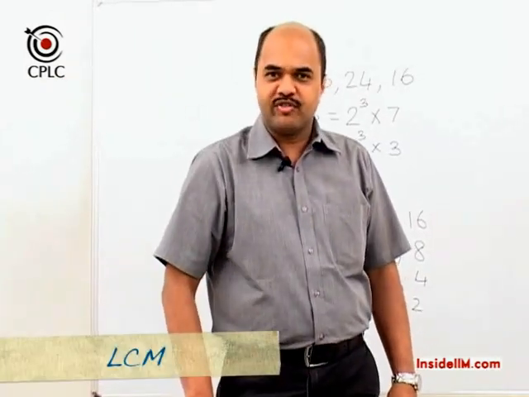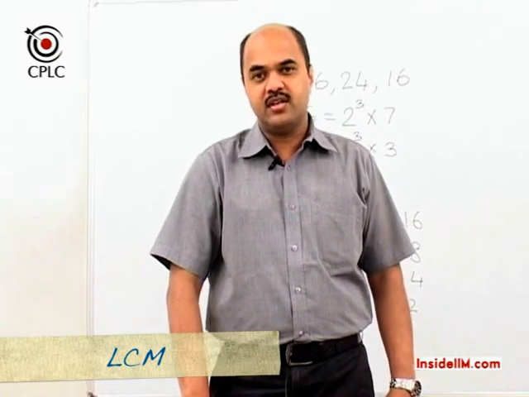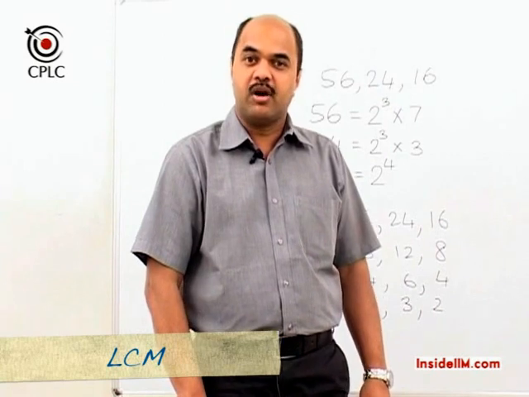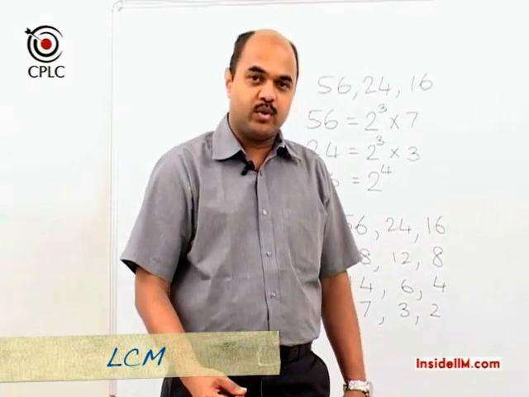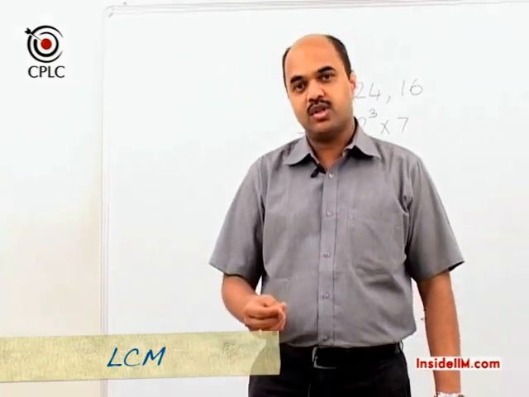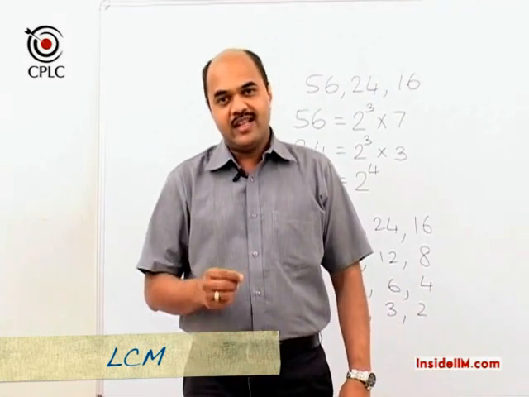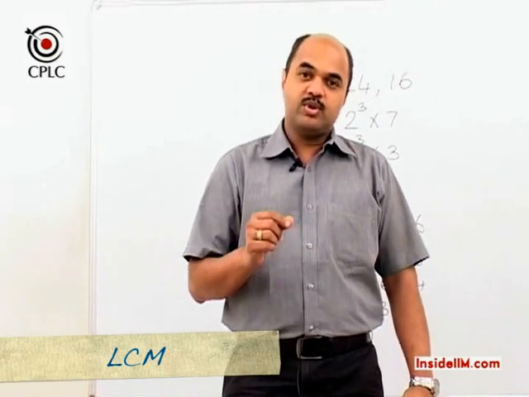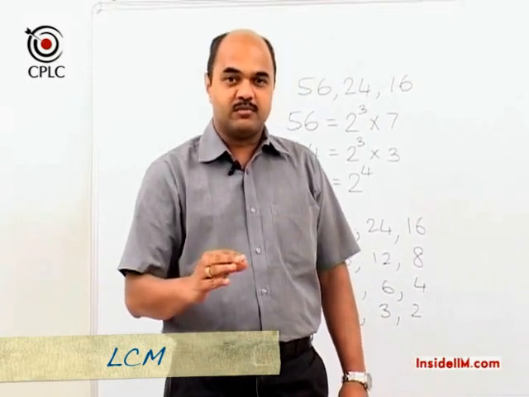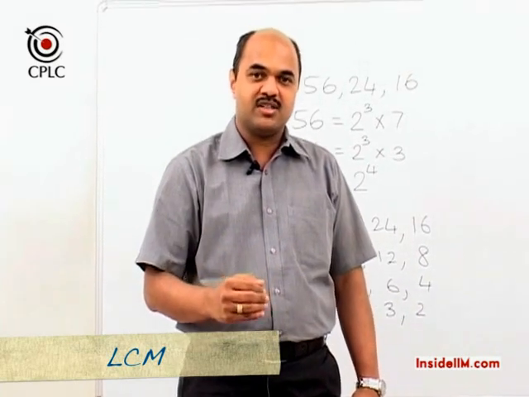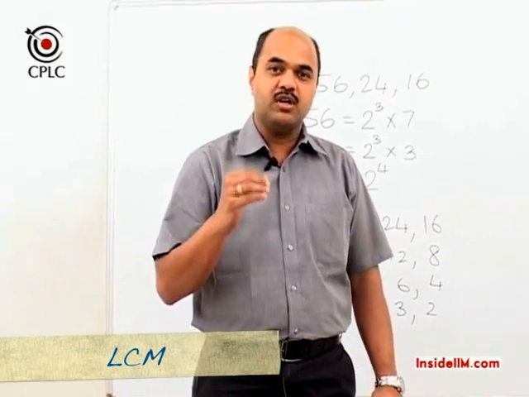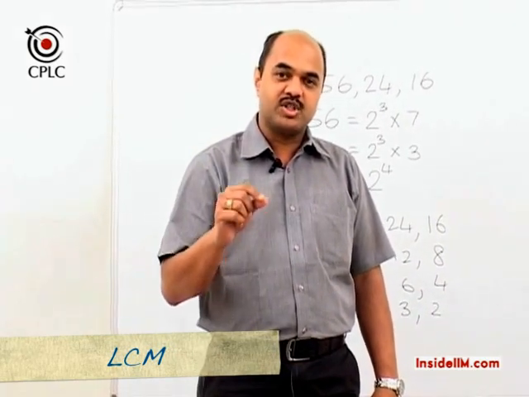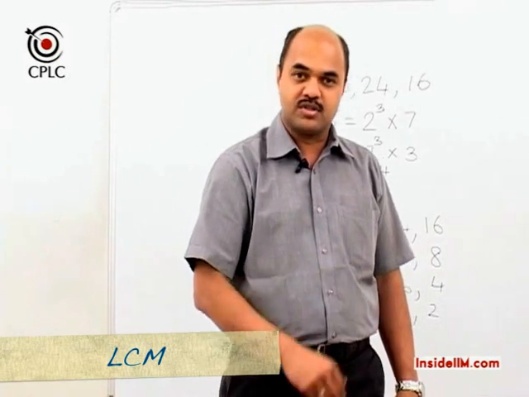Having understood the concept of HCF, let us now try and see what is the meaning of LCM. LCM stands for least common multiple. So once again, if we try to understand the meaning using the words least common multiple, LCM would denote that number which is the smallest number which is a multiple of all the given numbers, which means that LCM is the least possible common multiple of the numbers. So it is that smallest number which is divisible by the given numbers.